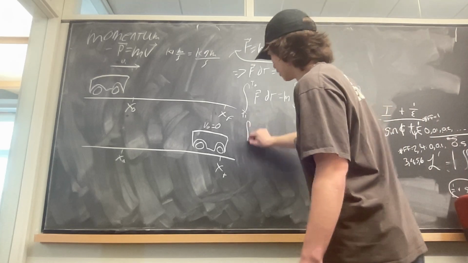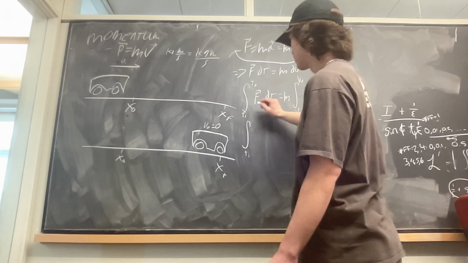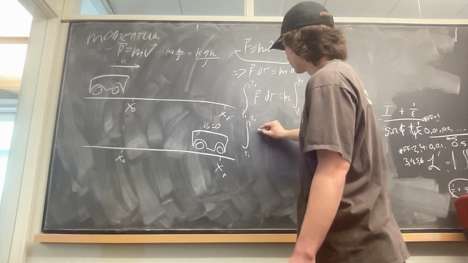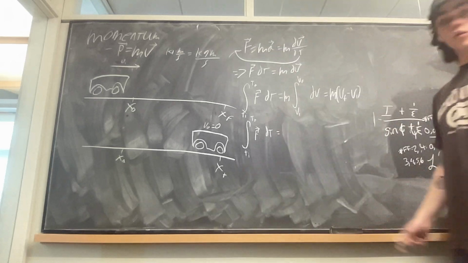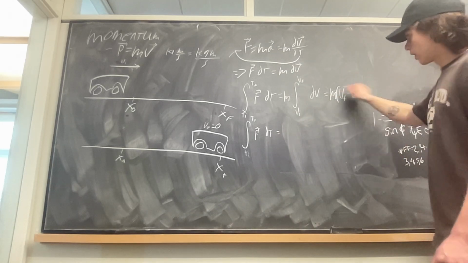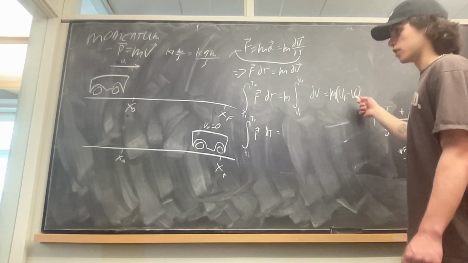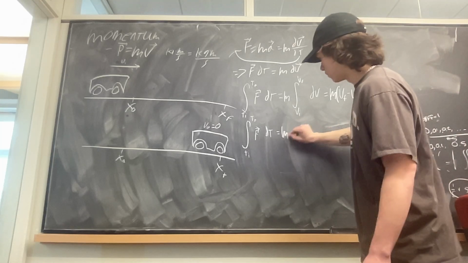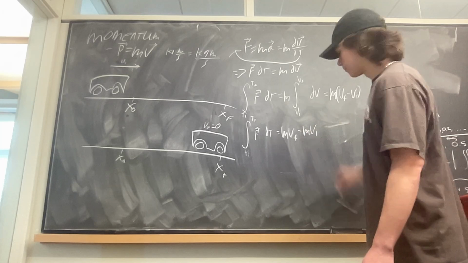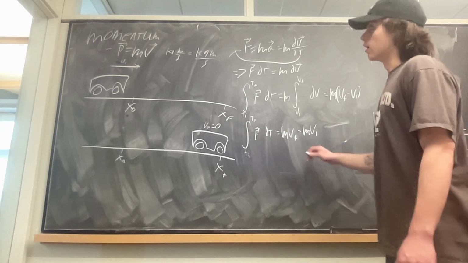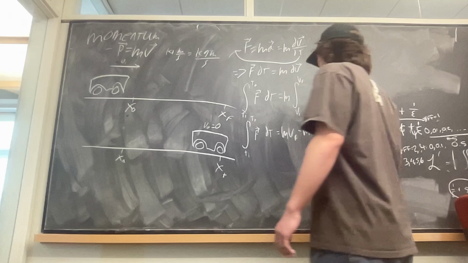So let's rewrite this again. The integral from t initial to t final of force with respect to time. We can rewrite this if we use the distributive property to multiply this mass into the VF minus VI, so we can rewrite this as MVF minus MVI. Now you may notice, from earlier, our equation for momentum was mass times velocity,